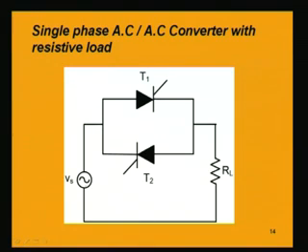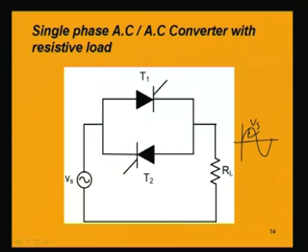In the positive half cycle of the signal, T1 will have anode positive with respect to the cathode, and the lower thyristor T2 will have its cathode positive with respect to the anode. If we consider this positive half cycle, T1 has anode positive with respect to the cathode, but here the cathode is positive for T2. So, obviously the thyristor T2 will not be able to conduct; it will be turned off. The conduction can take place only in the thyristor T1,